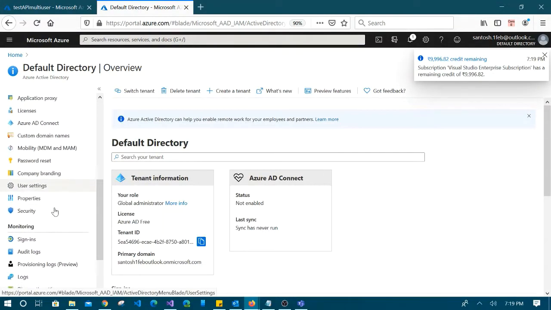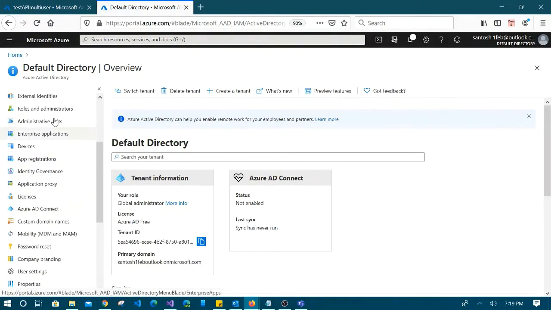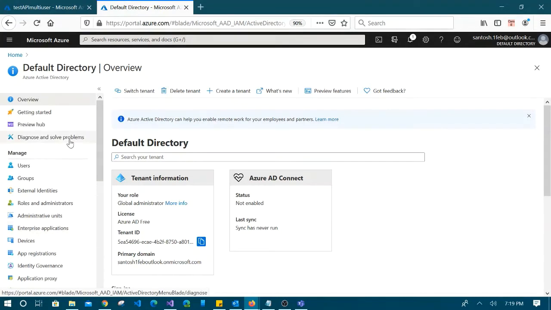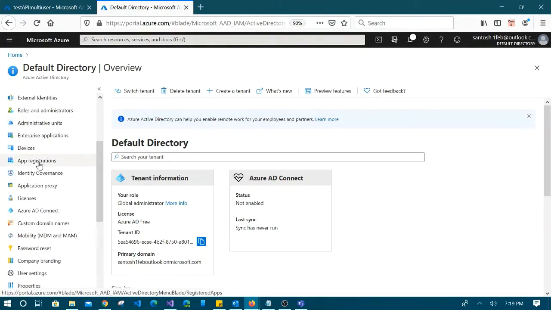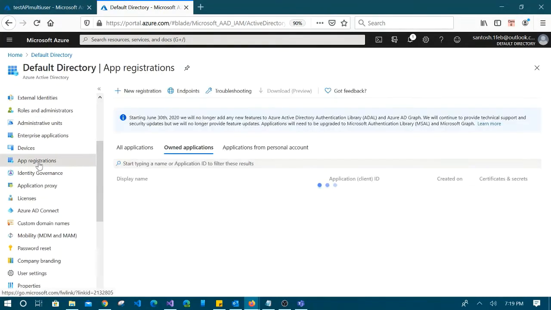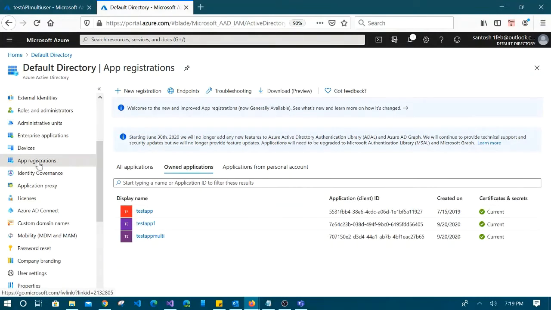Okay, there you go. So once you log in to the default directory section, you need to go to app registration, and in this app registration, just register one app like I have already done.